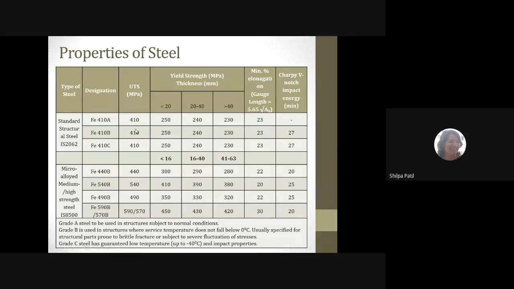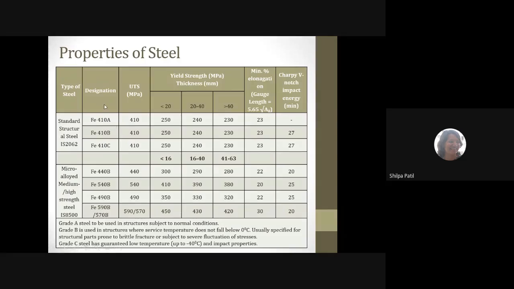Okay, the corresponding values of ultimate stress, which is represented as Fu, are given over here. Now, what are these? These are designated as Fe415. Now, in case of reinforcing bar, we have used a notation as Fy250 or Fe250, Fe415, Fe500. Here we have to use only Fe410. There we are representing yield strength. Here in the notation we are representing ultimate stress. So this is different, and don't get confused with that.